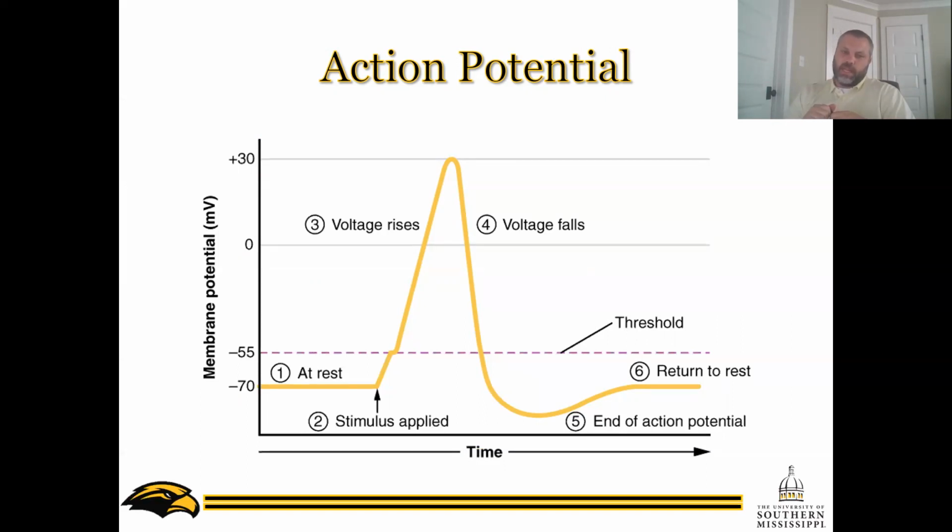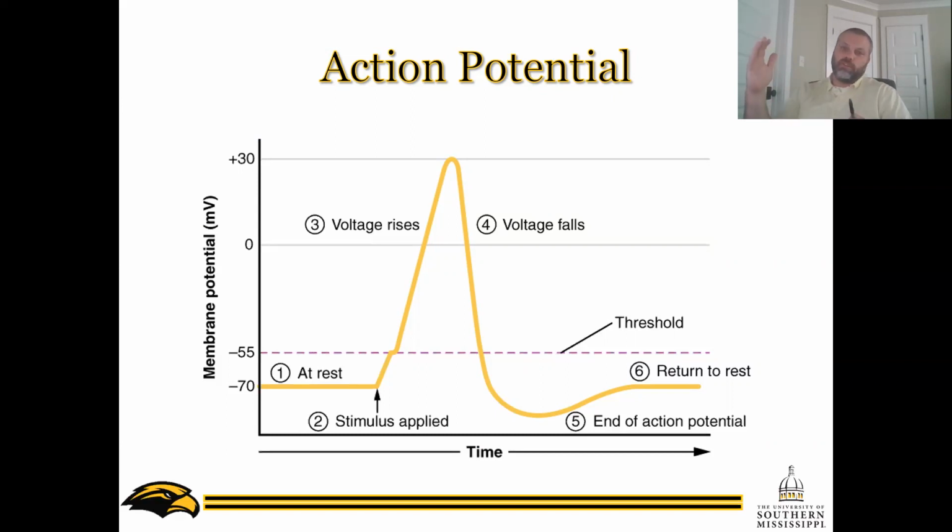We're sitting at rest at about negative 70 millivolts, and then a stimulus is applied. This is coming from a dendrite from another neuron somewhere inside the central nervous system. You have a connection from the motor cortex of the brain all the way down the spinal cord, and eventually it hits a motor neuron to whatever muscle we're talking about. When that signal gets sent from the higher brain centers in the motor cortex, down the spinal cord, and we get to this point and it says go, if that stimulus is large enough to change this potential by 15 millivolts,